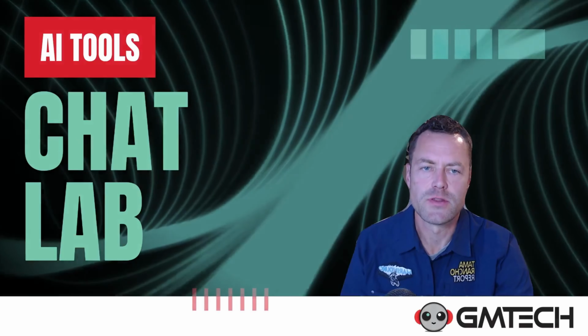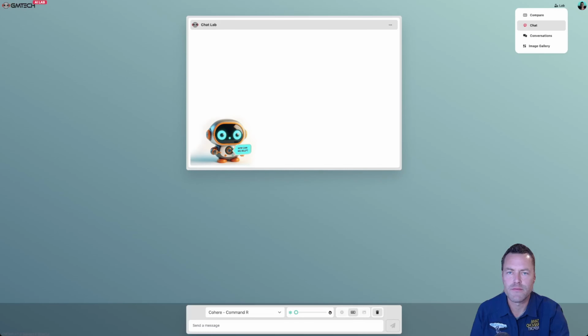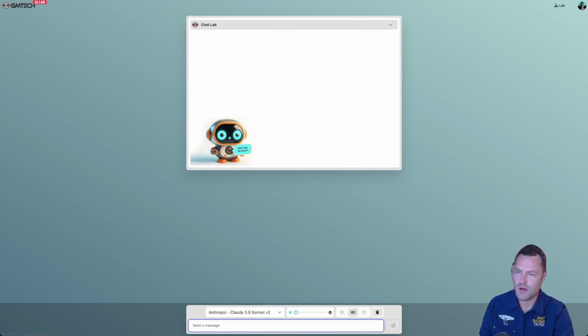All right, now I'm going to show you the Chat Lab. Chat Lab's also pretty unique, so when you're on this page, you can click Chat, or you're up in the nav, click Chat here. You can always get to it either way. And this one's pretty unique in that we have one prompt and one model we're talking to at a time,